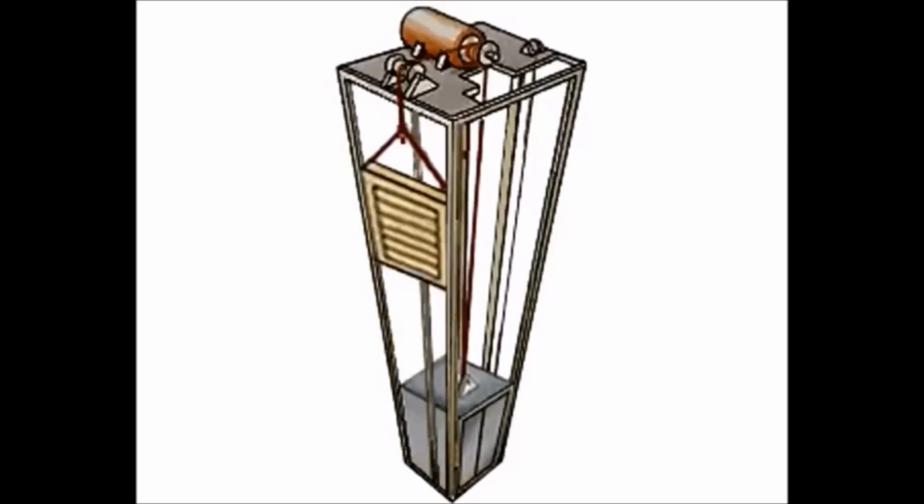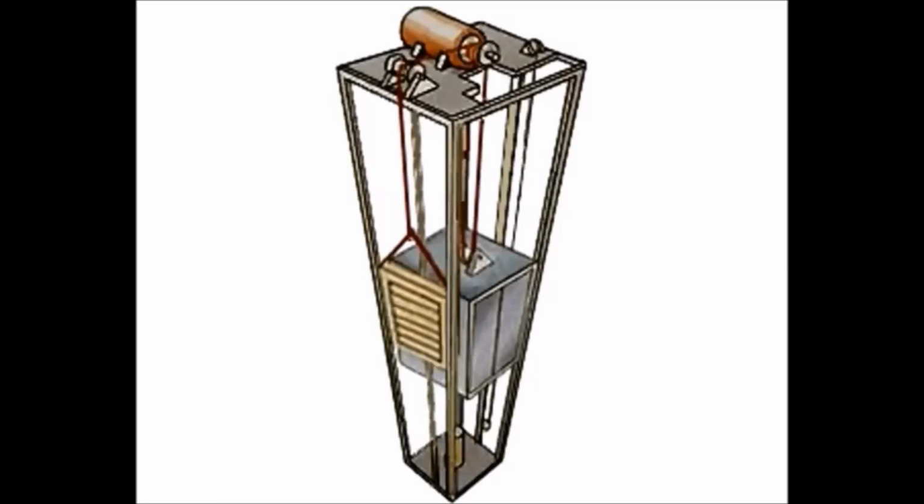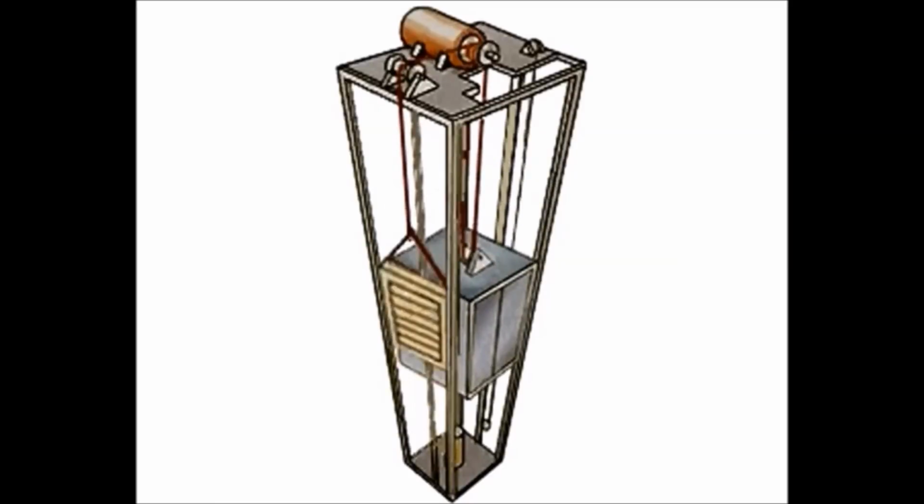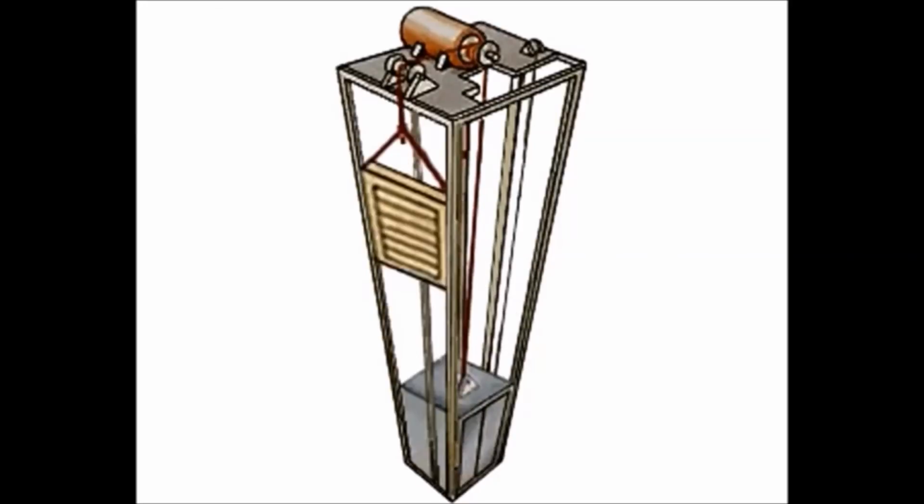However, as we decrease the number of persons in the car, the difference between the mass of the counterweight and that of the elevator car increases, and is maximum when the car is empty. Therefore, to lower the elevator car the motor actually has